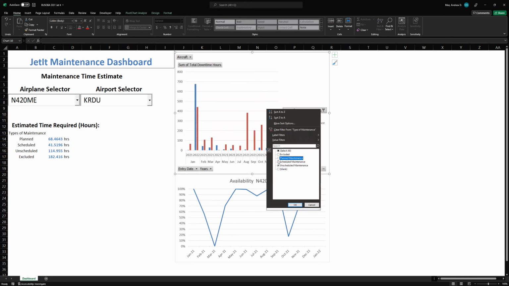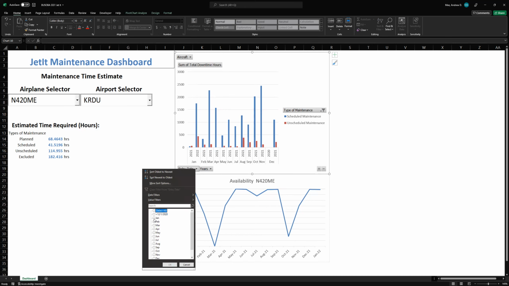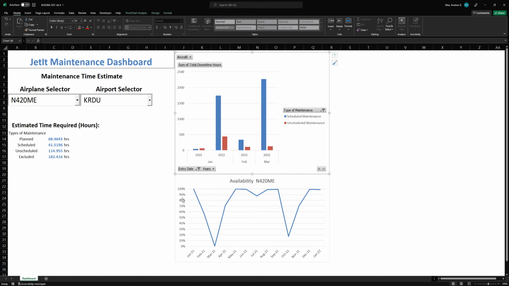Kind of make it cleaner, kind of make it easier to read. Of course, again, yeah, just like that, exactly. We can change our timing. We have it here, entry date in years. If you want, like I said, pick the months in question, pick the years in question, things of that nature. Yep. So moving on to our second graph,